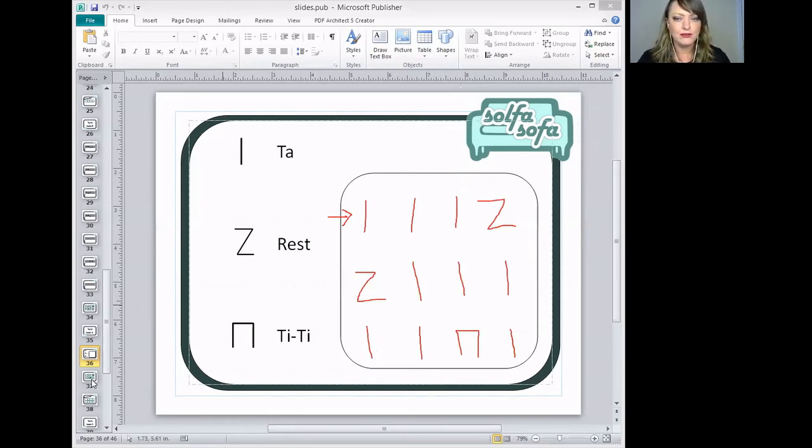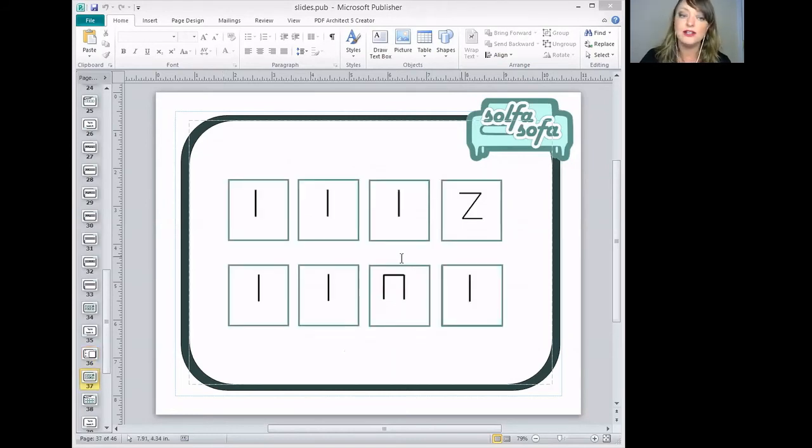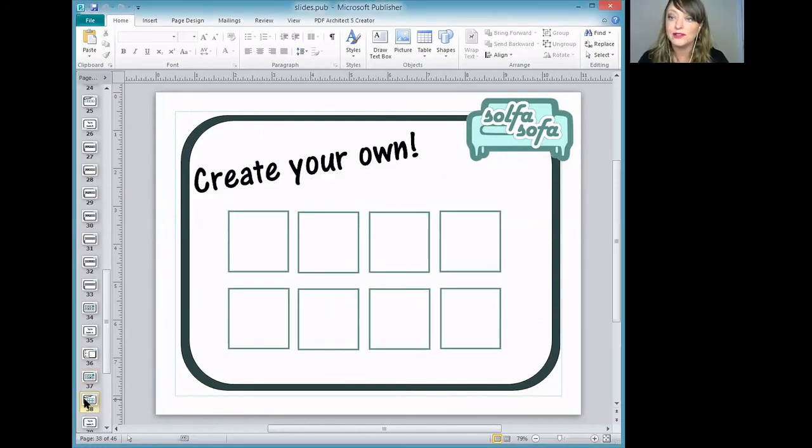Okay, let's try this pattern. 1, 2, here we go. Ta, ta, ta, ta, ta, ti, ti, ta. Now what's really fun is that you can create your own ta and TT pattern, and you can clap it. You can also try